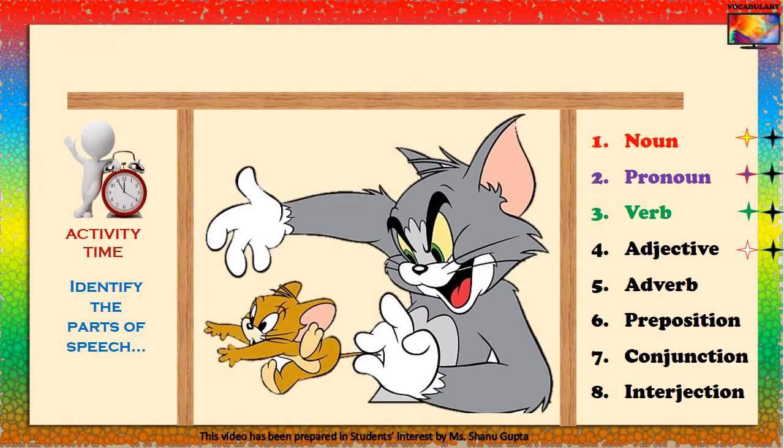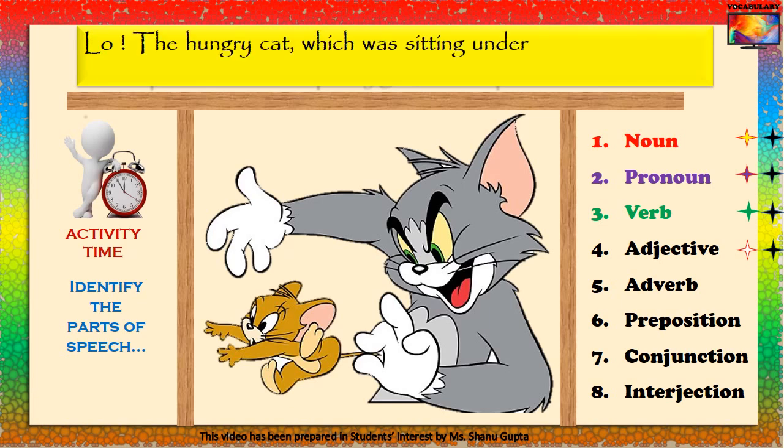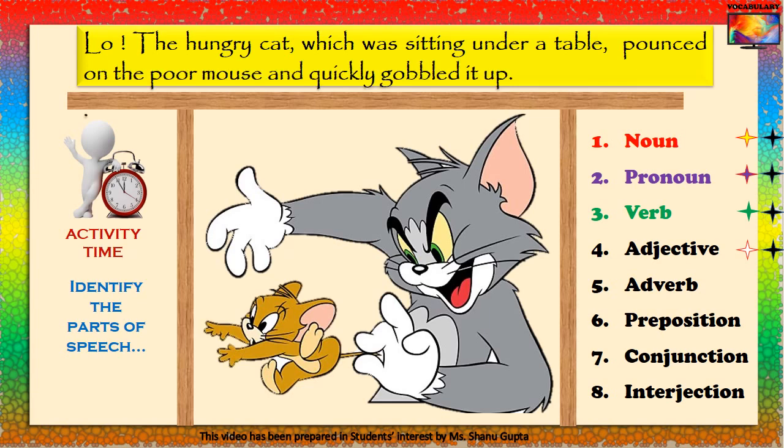Now, a short activity where you will be given one sentence containing all eight parts of speech. Try and map each of the words to the part of speech they belong to. The sentence is, "Lo, the hungry cat, which was sitting under a table, pounced on the poor mouse and quickly gobbled it up." And the answers are,